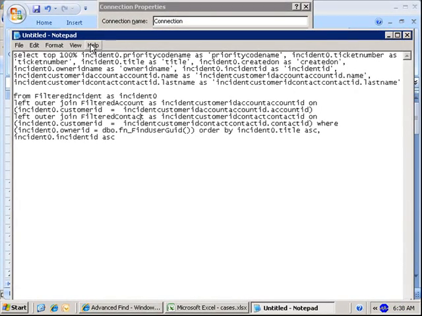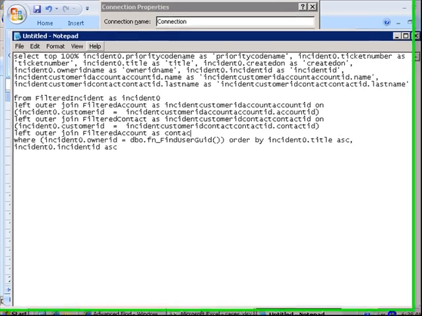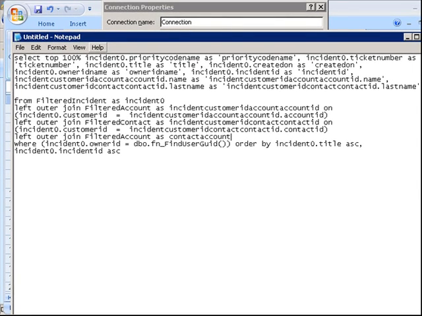And you'll notice that there are multiple tables here. So we have filtered contact, filtered account, and filtered incident. Filtered incident is our base table, and then we have filtered contact and filtered account. Now we can also do another join. So we can add a new line here, and we can say left outer join filtered account as contact account on